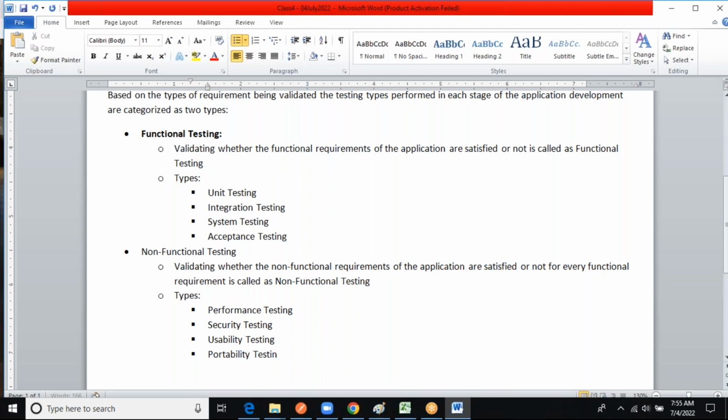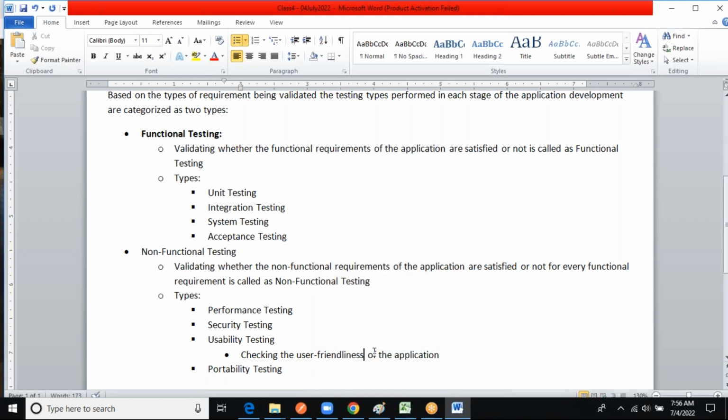Security, portability, usability, all these things which I just mentioned, I need not tell much about. Here I can list out quickly. Checking the user friendliness of the application. What is that user friendliness? It is nothing but